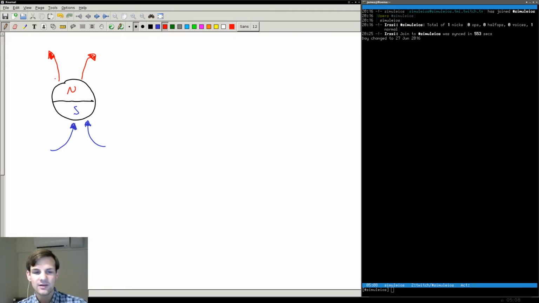You can imagine this as one block, north and south pole together, one magnet with the magnetic field moving in this direction. And this is what we would call a magnetic